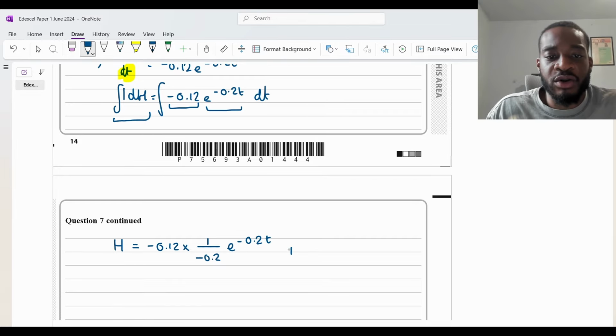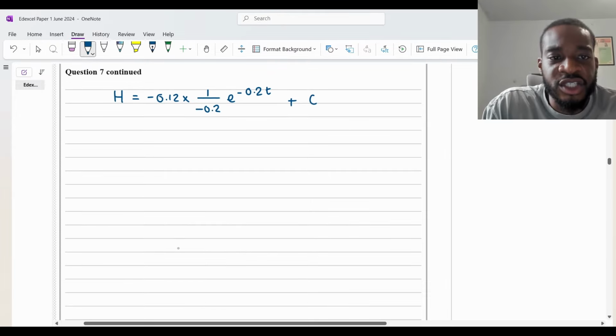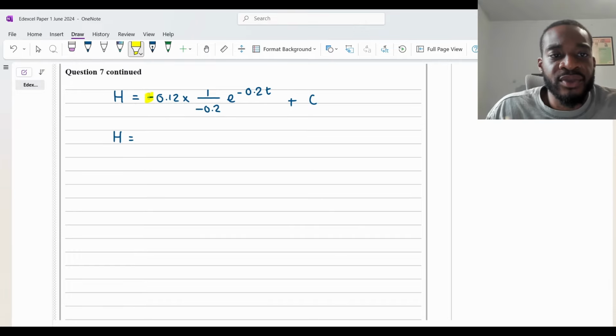And then we're going to put our constant of integration. So before we look at the constant of integration, let's just tidy this up a bit. So I've got h like that, minus there and a minus there. They cancel, so it's going to be positive 0.2